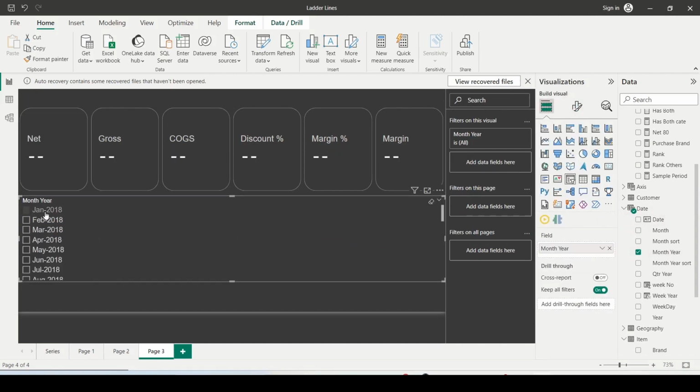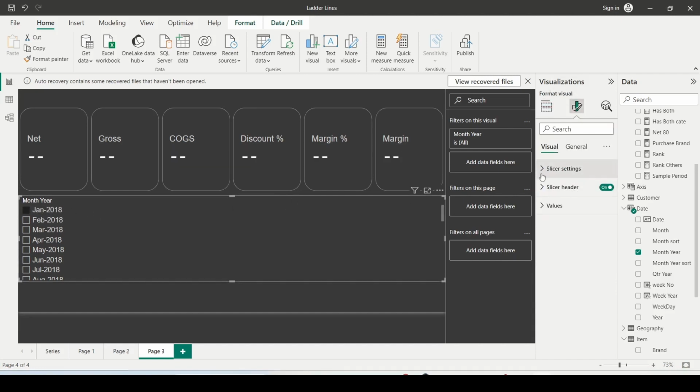So let's select January 2028. When we don't have data, you can see that it's showing all blank, hyphen. Now it is not showing blank, it's showing all hyphen. I can have my own text also. I can slide down